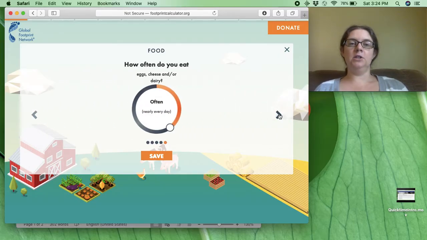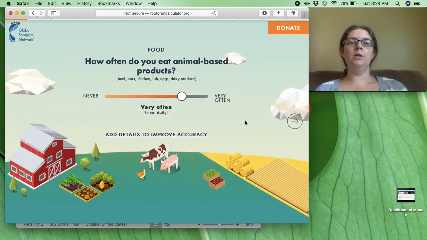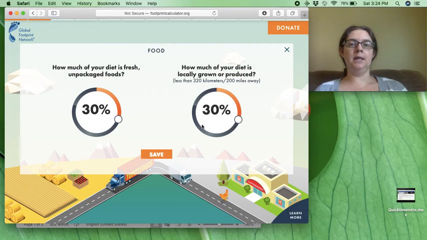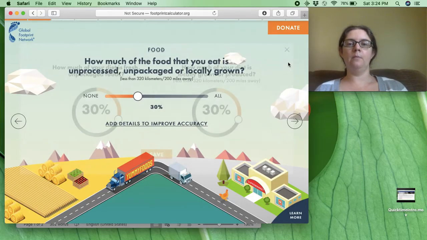How often do you eat eggs, cheese, and or dairy? Once you get through that, hit save. So I want you to do these extra details on every single one, because I think they're actually really important to getting an accurate ecological footprint. So then you'll keep going, and there's more questions, and remember, every time add details and then click save.